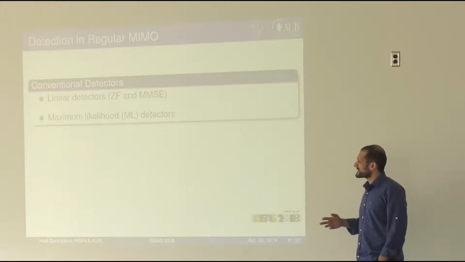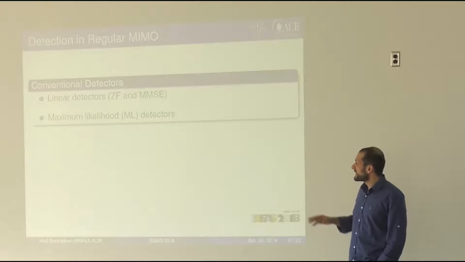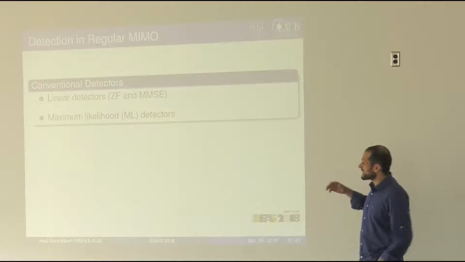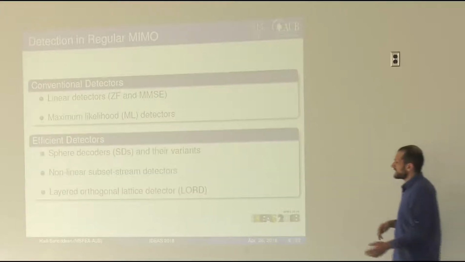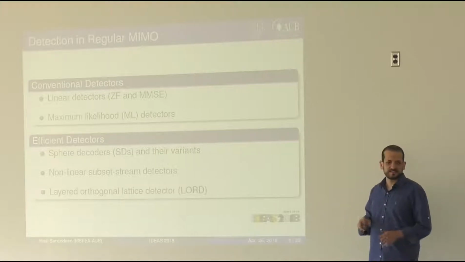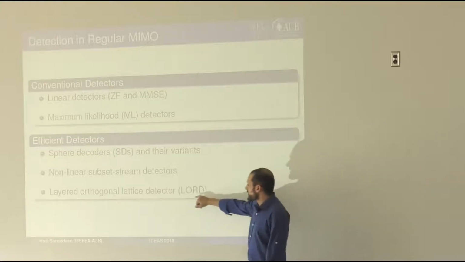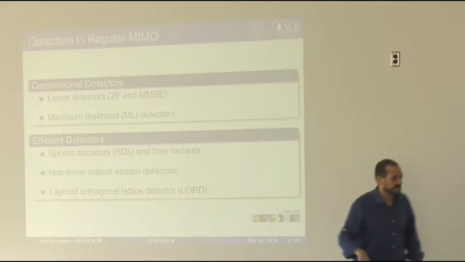Historically, since decades ago, when we started to work on detection schemes for MIMO, there were the linear detectors, which are least optimal, and then the maximum likelihood detectors, which are the most optimal. In between, many detectors such as sphere decoders and their variants trade complexity with performance. Mainly I'm interested here in what's called the layered orthogonal lattice detector, because building on this detector,